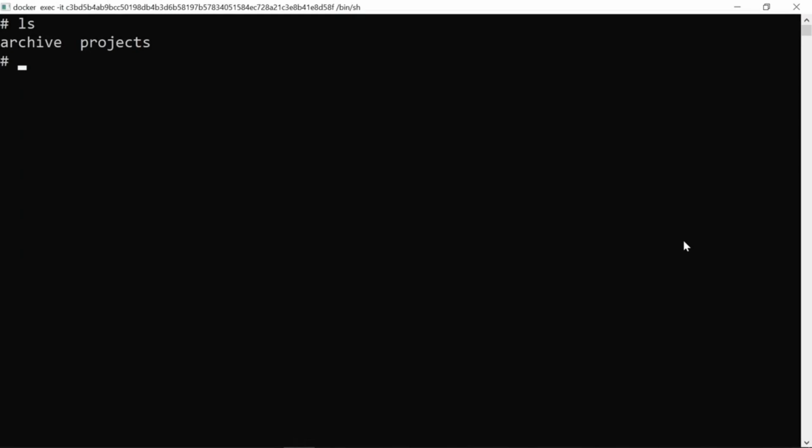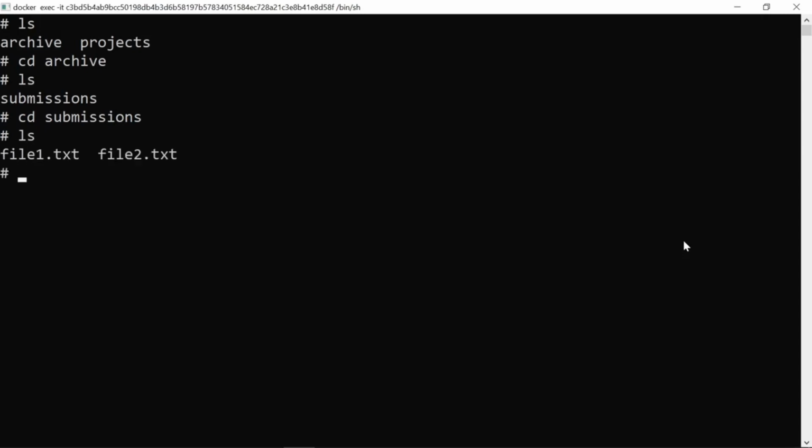Okay. So I have launched my terminal and I'm running the ls command. It informs me that I have two folders, archive and projects. Next, I can change directory into archive using the cd command and search inside using ls. This reveals a submissions folder. I can then type the cd submissions command to enter into the submissions folder and check what's inside. The ls command reveals two files,